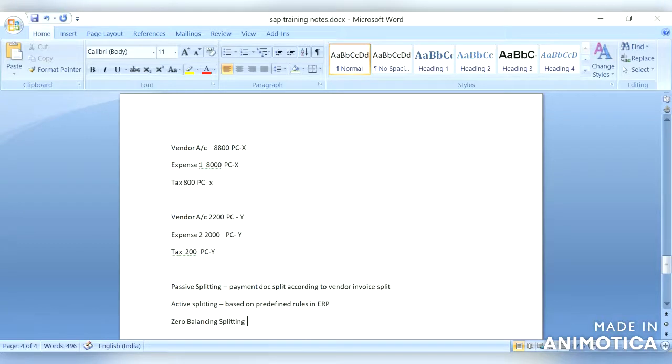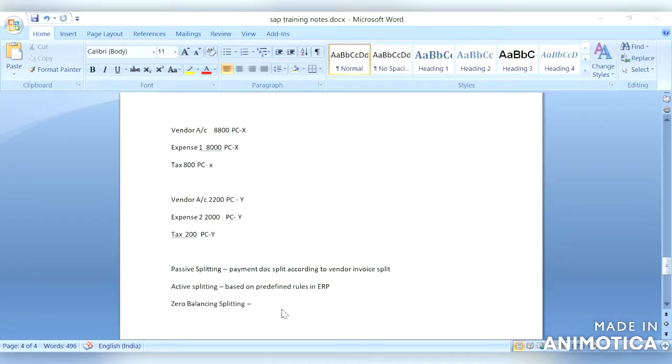Zero balance splitting is done when the amounts within the financial documents are not able to balance out to debit of the profit center and credit of the profit center, which does not net off on its own. Then SAP automatically generates a new line item to balance the document. So going further, we will see the example of how it looks like.